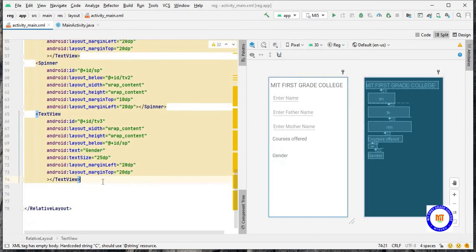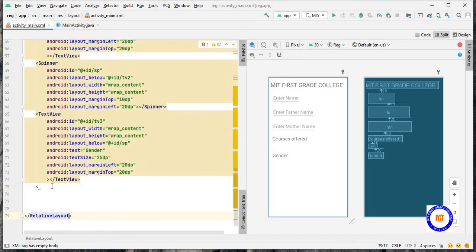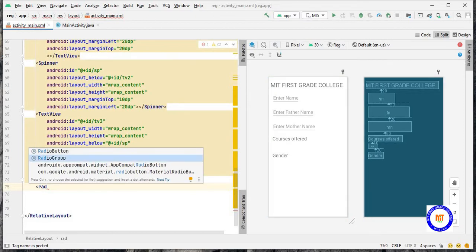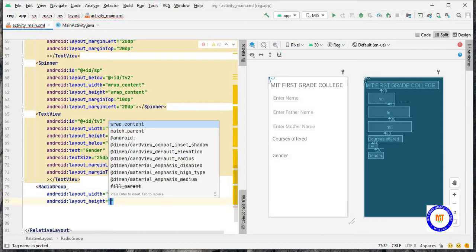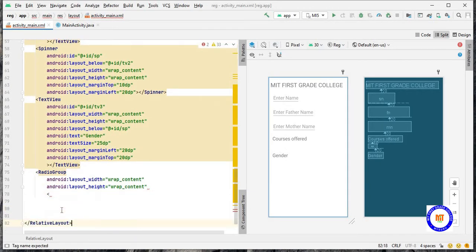Below that we have to take a radio group. Under this radio group, I am taking two buttons. First we have to close this, we have to see where it is closed. It is not closed, so we'll close that radio group.